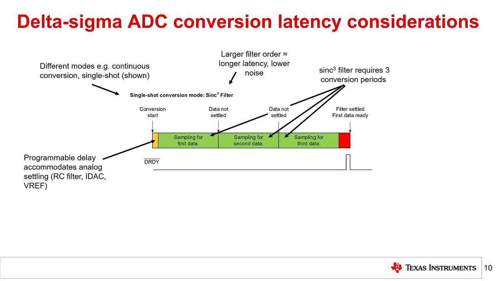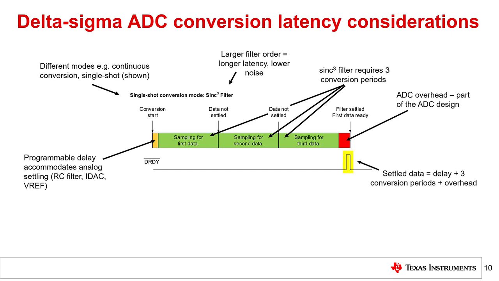The second zone within the total conversion latency is the conversion period. Typically, the number of conversion periods is directly related to the filter order. In this case, there are 3 conversion periods because a Sinc3 filter is used. The final conversion latency zone for this device is an ADC overhead time. This is a fixed time required at the end of conversion that cannot be affected by the user.